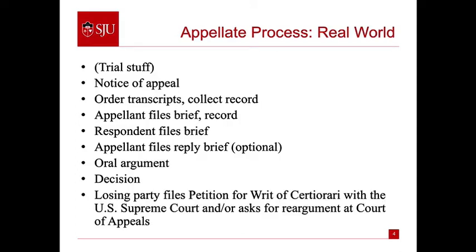And then whoever loses the intermediate appeal can then try to seek an appeal to the next highest level court. Supreme Court of the United States or the highest state court if it's a state court. Typically, that's a discretionary decision. So the U.S. Supreme Court, except in a very few types of cases, does not hear every single party that wishes to appeal. Instead, they have discretionary certiorari power to decide which cases it's going to hear.